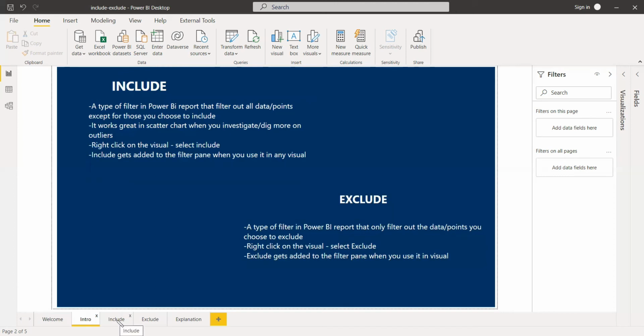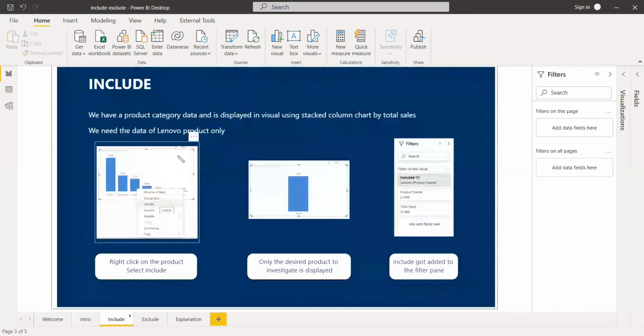So how it is used, we can see. In the include filter, suppose you are having a product category shown in a stacked column chart with respect to total sales. And you need only this column, this product, to analyze further.